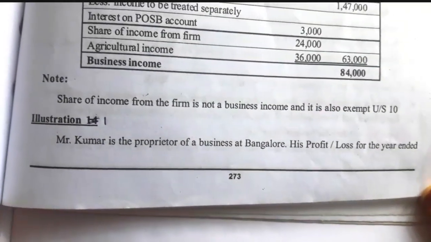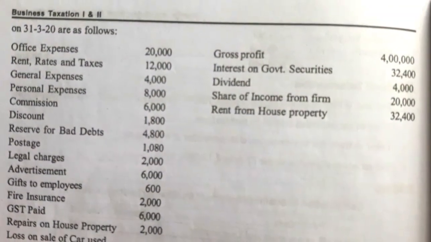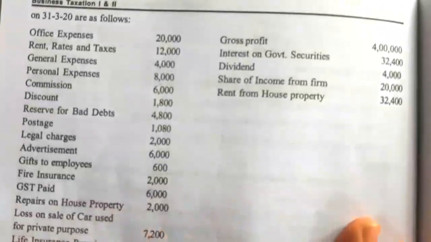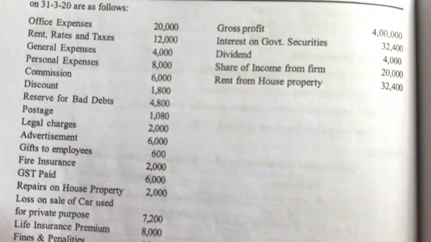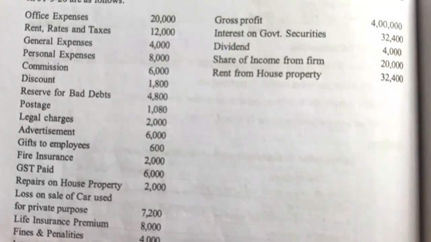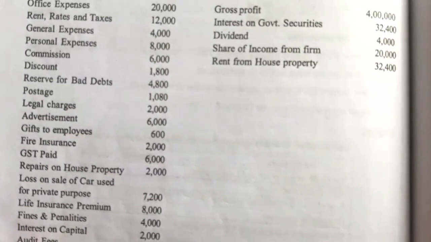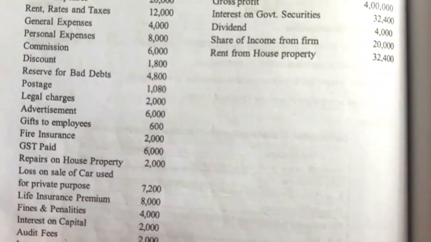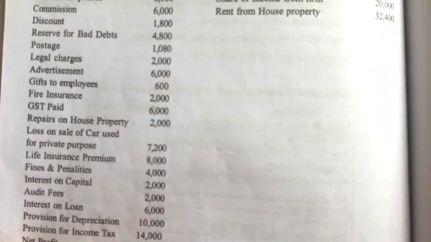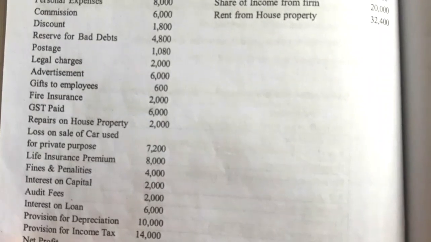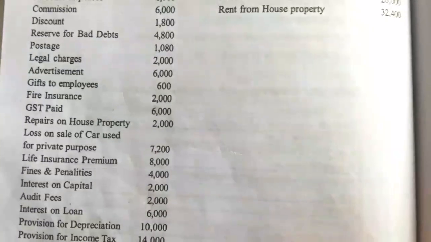His profit and loss account for the year ended 31st March 2020 is as follows. On the debit side of profit and loss account: office expenses rupees 20,000, rent, rates and taxes rupees 12,000, general expenses rupees 4,000, personal expenses rupees 8,000, commission rupees 6,000, discount rupees 1,800, reserve for bad debt rupees 4,800, postage rupees 1,080, legal charges rupees 2,000, advertisement rupees 6,000, gift to employees rupees 600, fire insurance rupees 2,000, GST